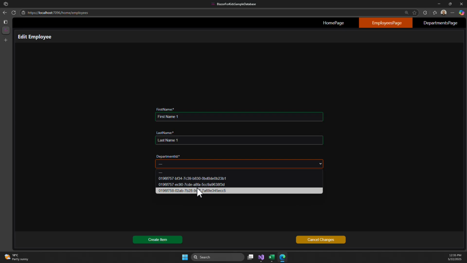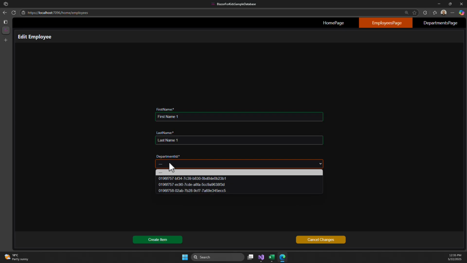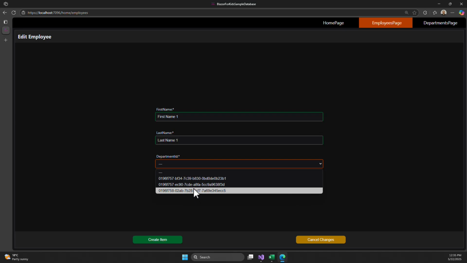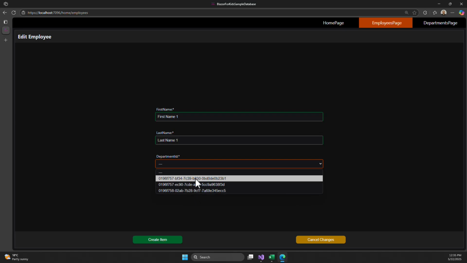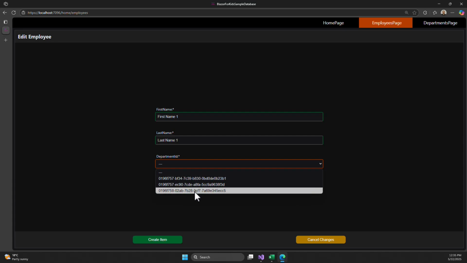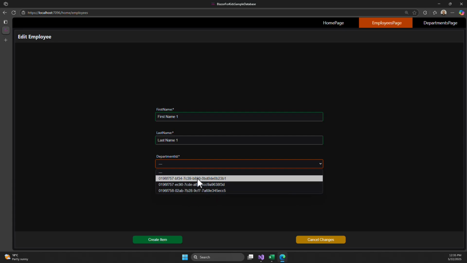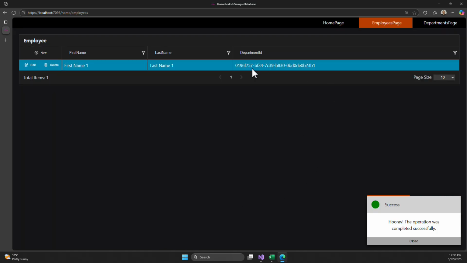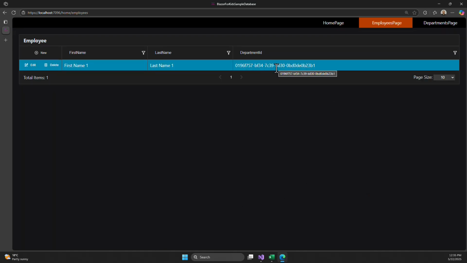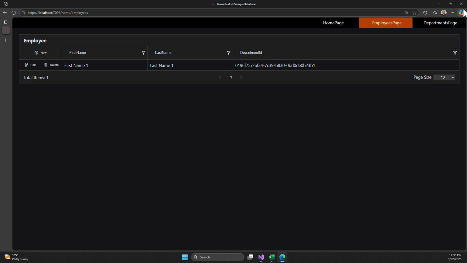So this means that we need to go back to the department entity and tell the framework which property we want to see when we use a drop down. Okay, so we don't see the name of the department, but I will stop the application